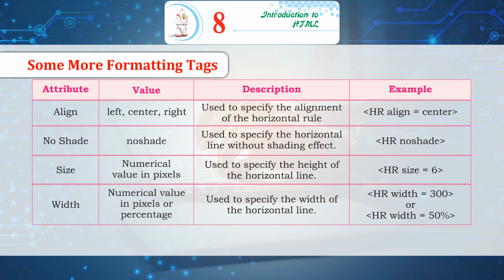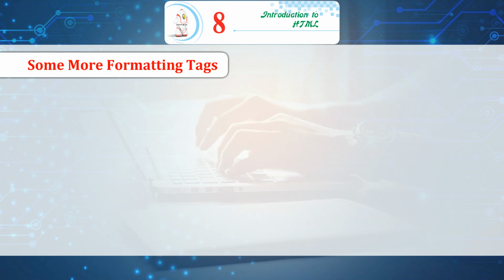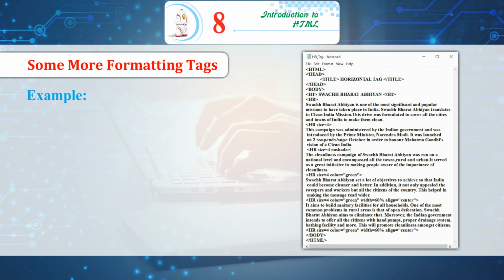HR tag width equals 300 or HR tag width equals 50%. Color: name of color, used to specify the color of the horizontal line. HR tag color equals red. Example: